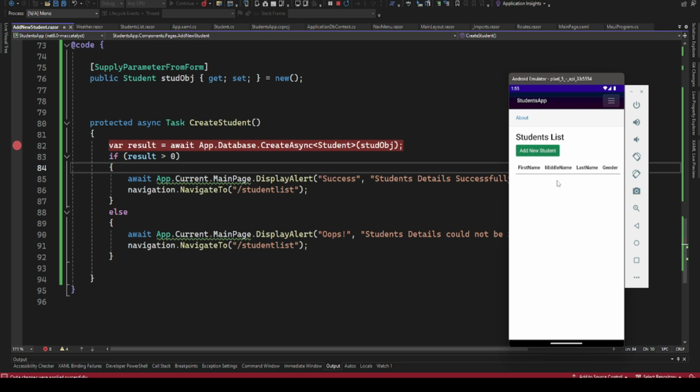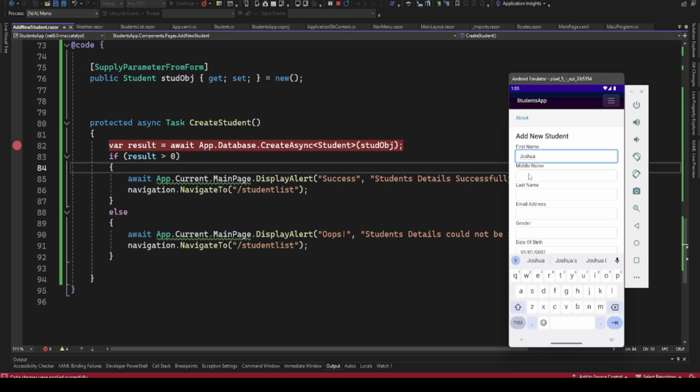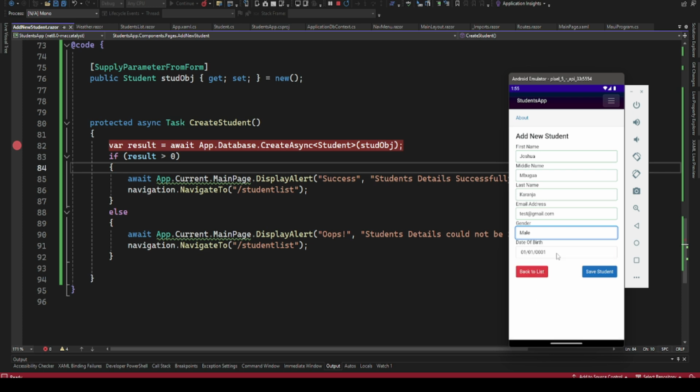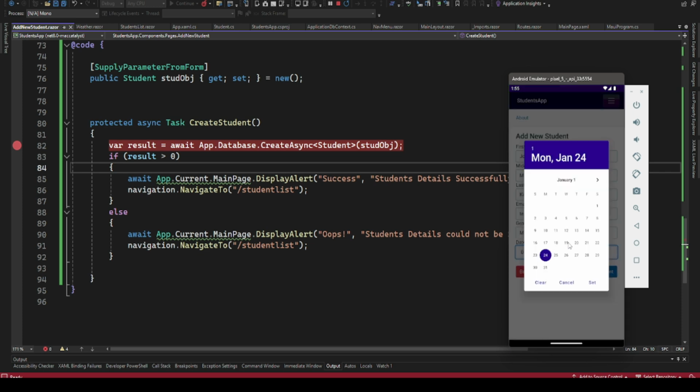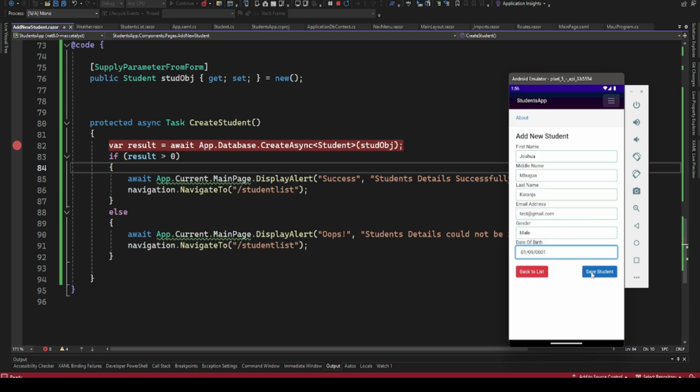If I just click new, I can say this is Joshua Mbugwa Karanja, then test@gmail.com. Then you can say this is mail, and you can have our date here. So you see how our date looks like. So if we set that and we click save,